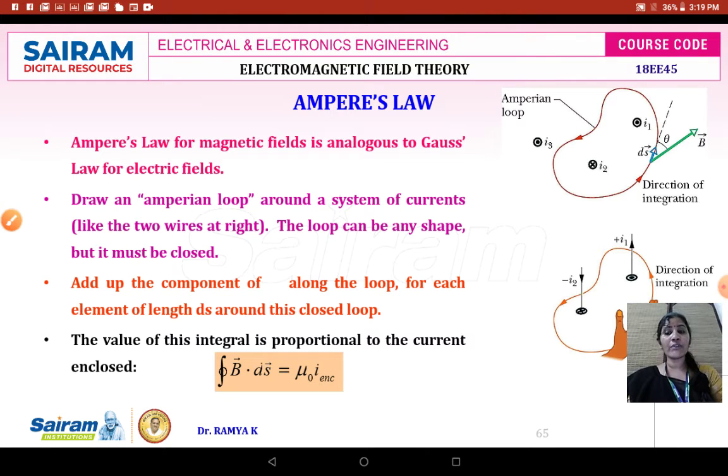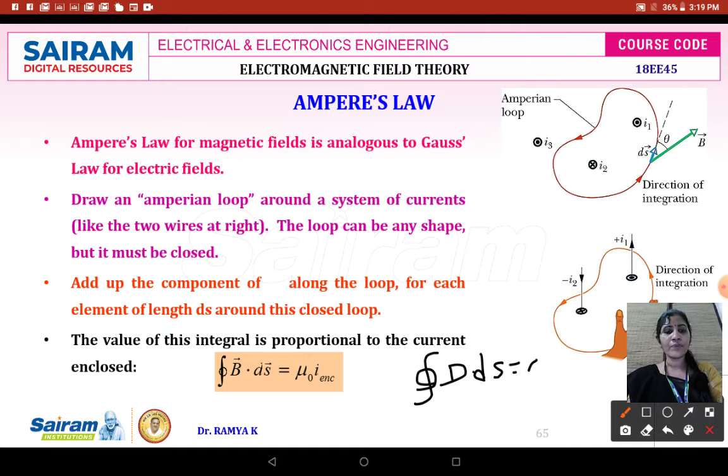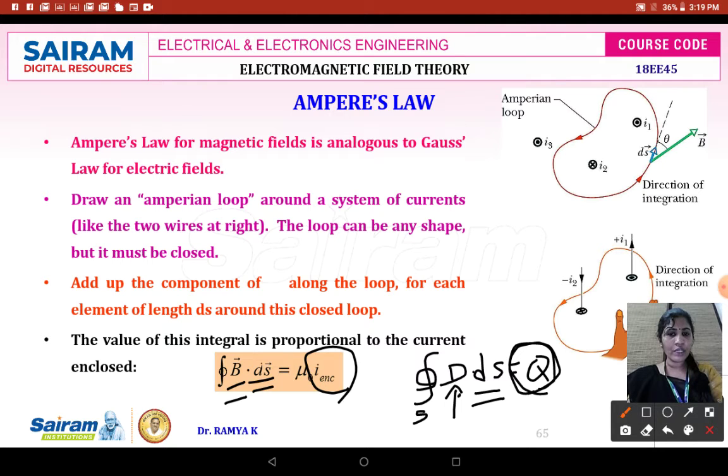So by analogy, if you wanted to write it from Gauss's law, in Gauss's law, the integral over the closed surface D dot ds is equal to Q. It means that the electric flux coming out from a closed surface is equal to the charge enclosed in that surface. So if you are considering the electric flux in electrostatics, in magnetostatics it is going to be magnetic flux. Here also it is going to be the closed surface area. Here it is a charge, and the movement of charge causes current over here. So we will be getting this equal to I.